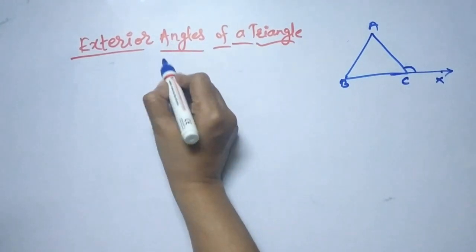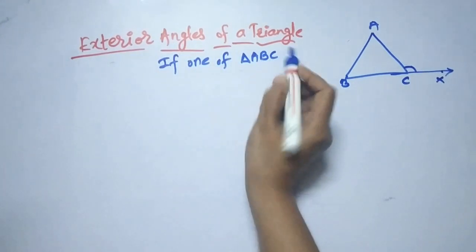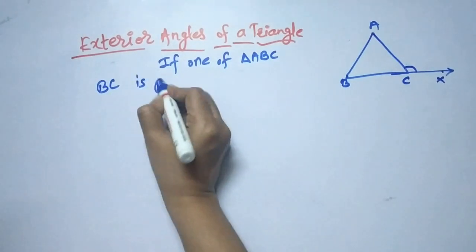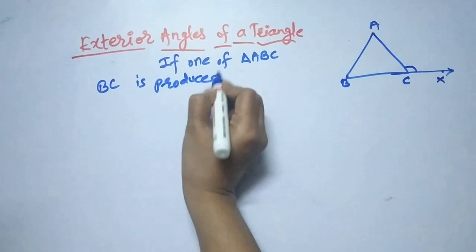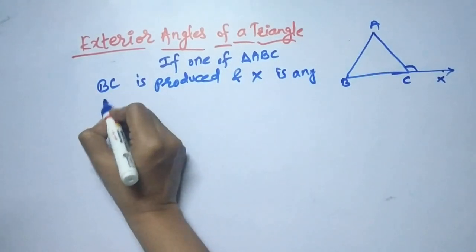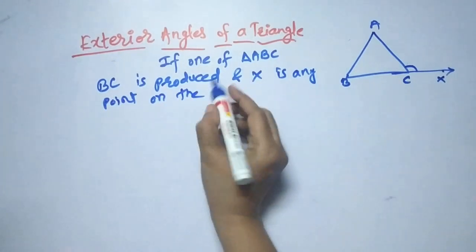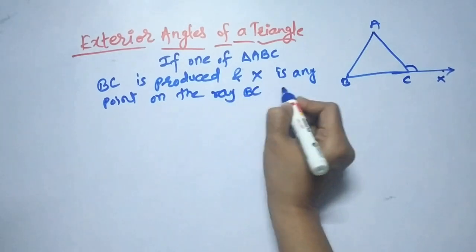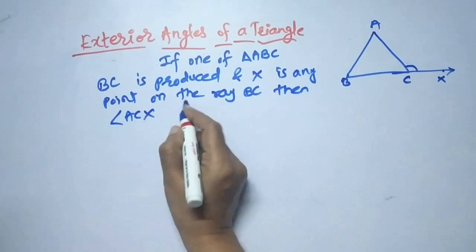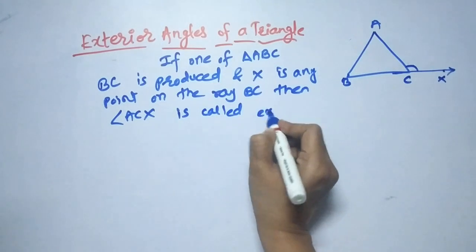So friends, if one side of a triangle ABC, suppose this is the side BC, is produced and X is any point on the ray BC, this is the ray BC in this direction, then angle ACX is formed. It is called what? Exterior angle